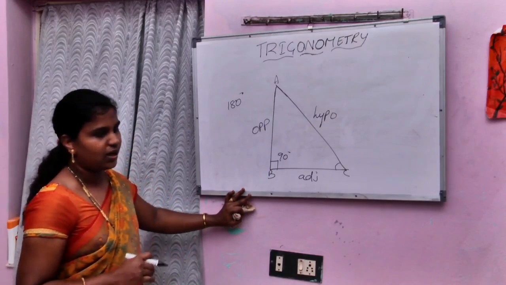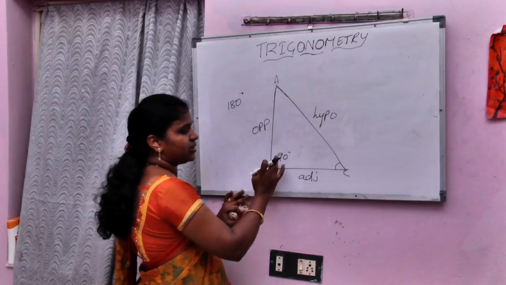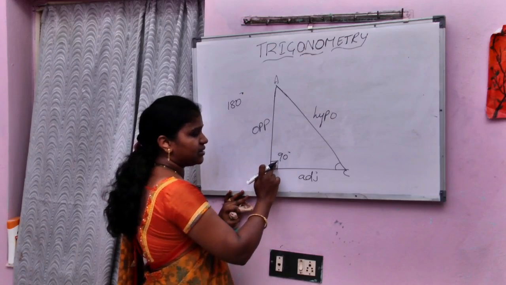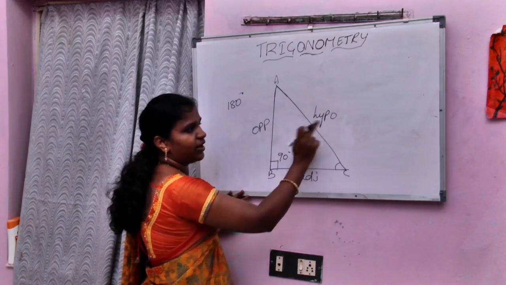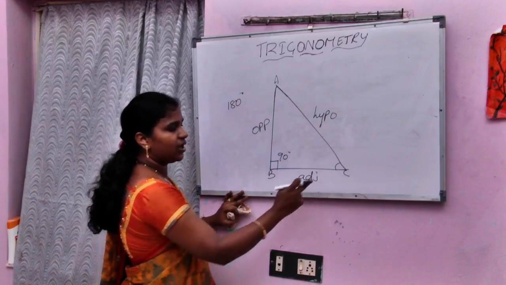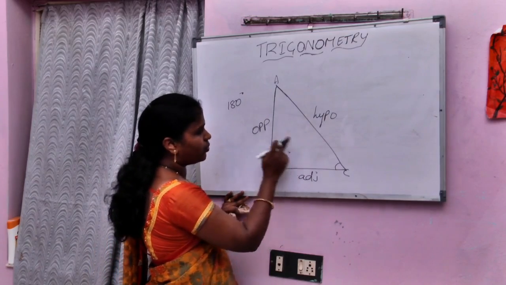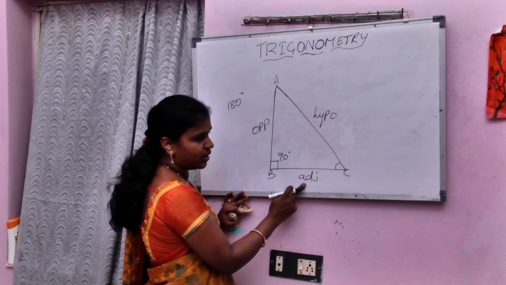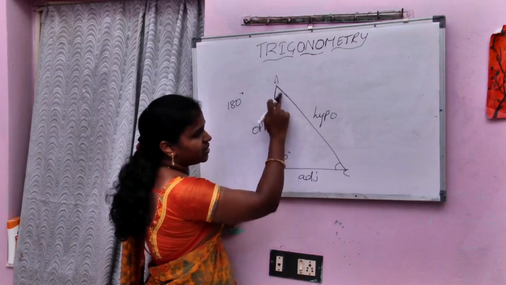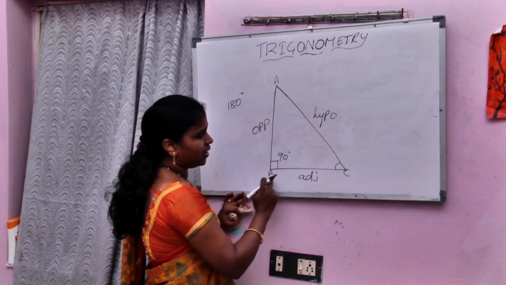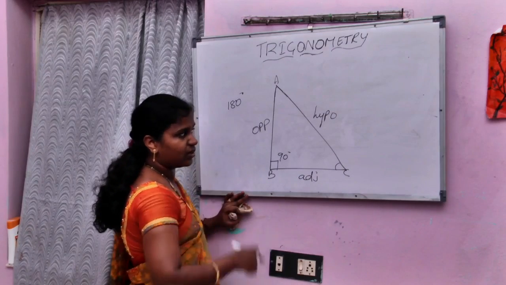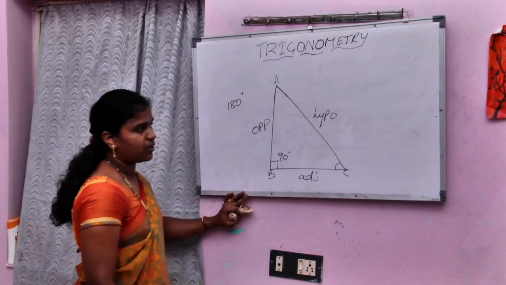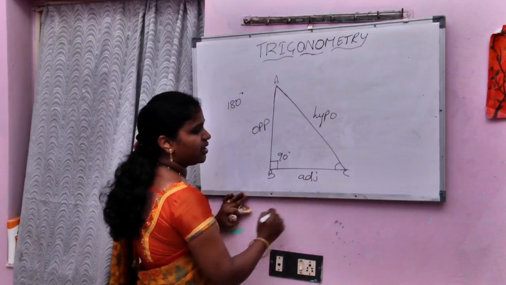Based on the acute angle, the longest side in a right angled triangle, the side opposite to 90 degrees, is called the hypotenuse, and the side opposite to the acute angle is called the opposite side and the side adjacent to it is called the adjacent side. If you observe here, AC is also adjacent to the acute angle and BC is also adjacent to the acute angle, but the side opposite to 90 degrees is called the hypotenuse, so BC will be the adjacent side.